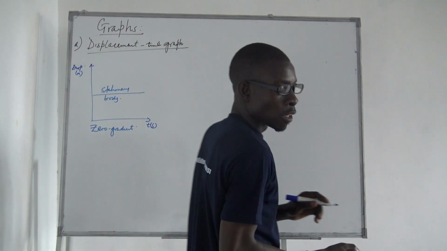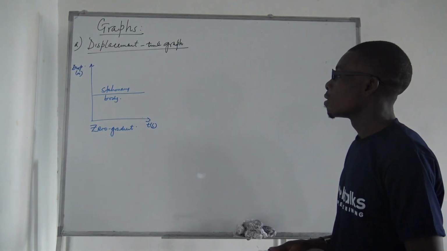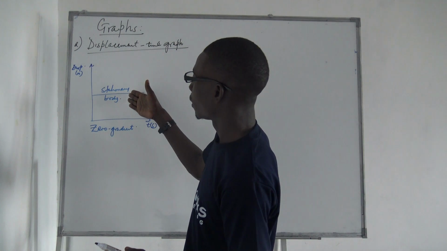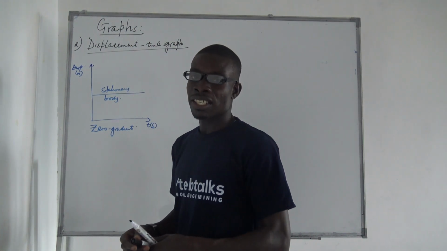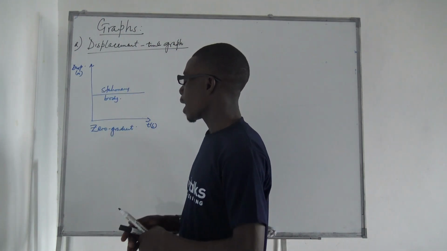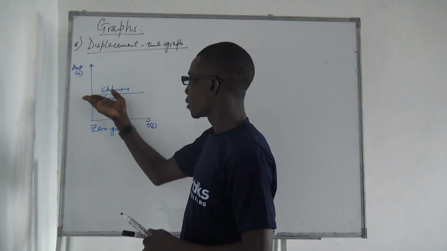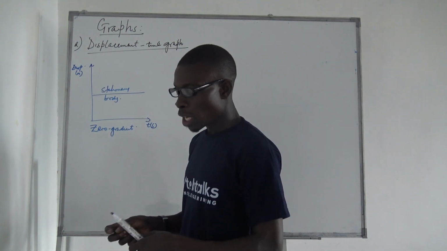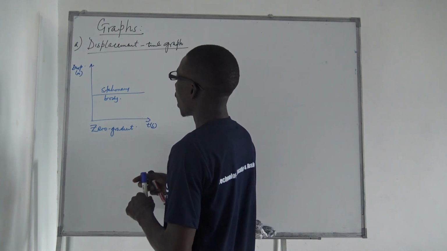Is that okay? We have that graph there with zero gradient. A graph for a body which is at rest. Displacement time graph. Zero gradient. Horizontal lines have zero gradient. This is for a body which is at rest. Because you're well aware that